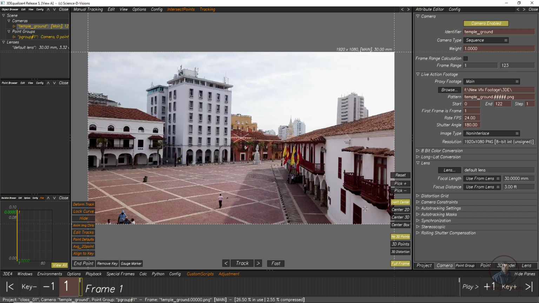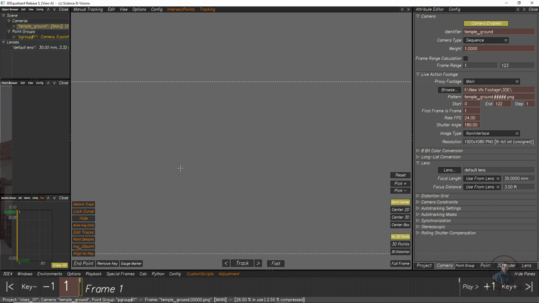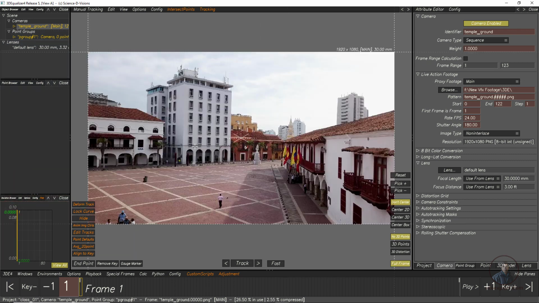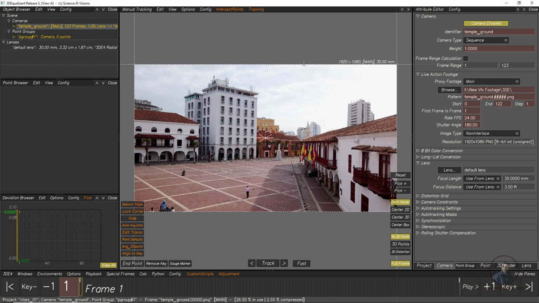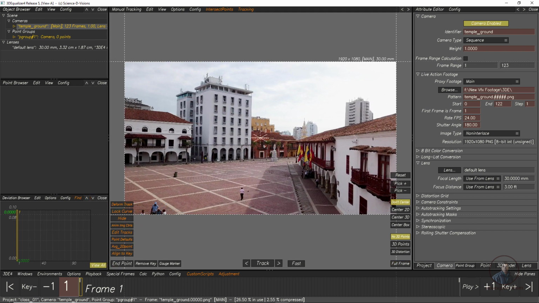Again this is the shortcut for F, and if you have moved anything anywhere, you can also press F. This will again move your window inside this area, and then you can also adjust this window. And these are some options for tracking, maybe center 2D and other options. So guys, till here I have shown how you can customize your 3D equalizer user interface, how you can add many windows according to your requirement, and finally how you can import your footage inside this 3D equalizer. Then after this we are ready for tracking.